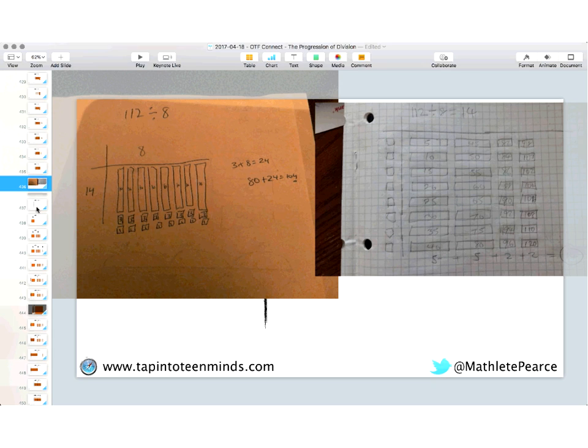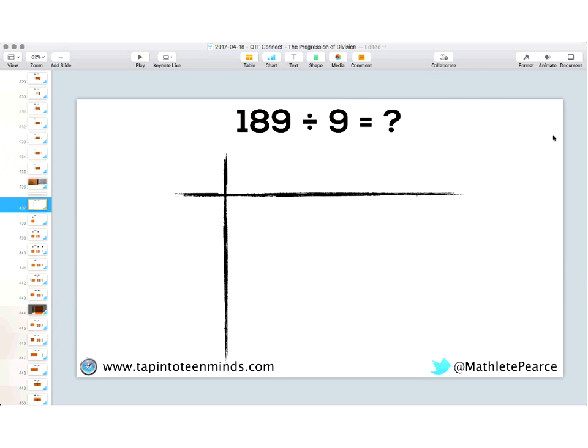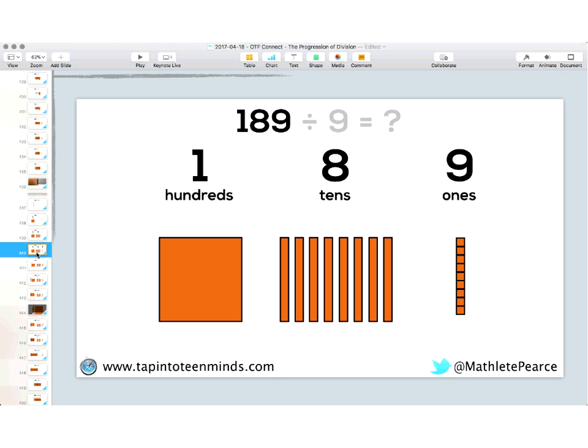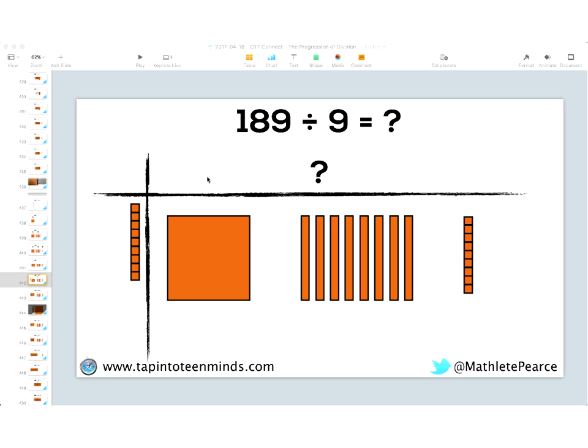Let's go ahead and try 189 divided by 9. So we first want to begin by getting 189 taken care of, and then we're going to try to get our array going. So here we go. I'm going to share this out on your Knowledge Hub screen for those who are in Knowledge Hub, and for everybody else, feel free to use your widget and share it in the chat box.